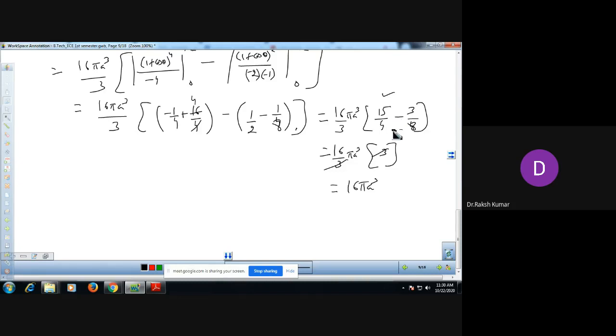So this should be 8 is there. Now the LCM will change here. This is 8 and that will be 30 and that will be 3. So this will be cancelled. 8 2s are and 3 will be cancelled with 20. I think it is 18 pi a cube. Now it is correct. Now the correct value of the volume of integration is 18 pi a cube.